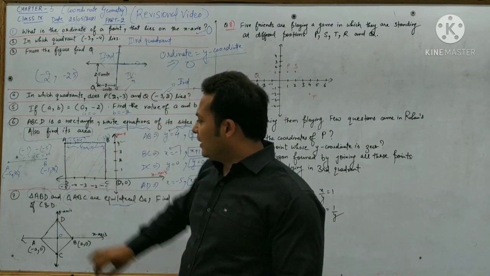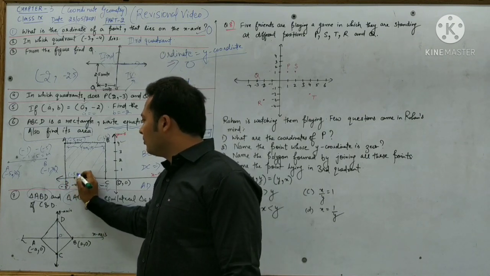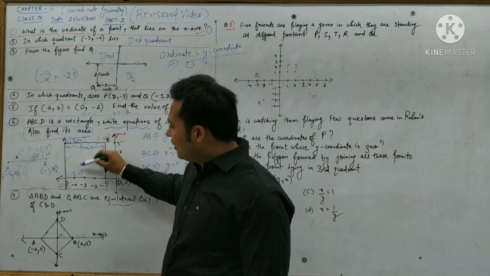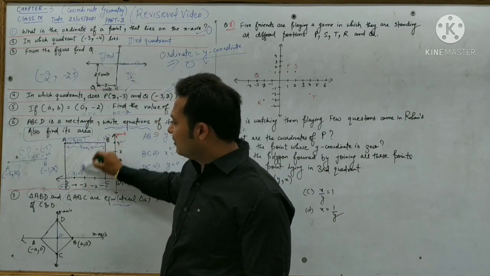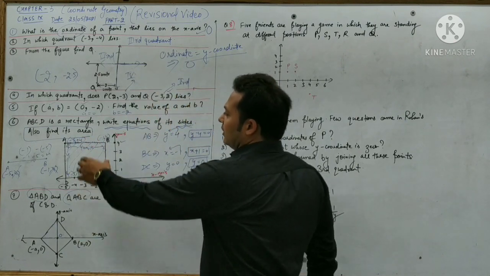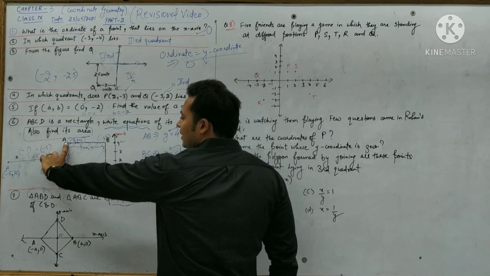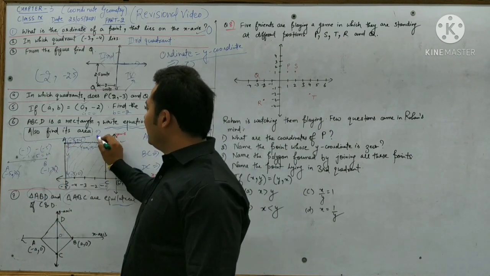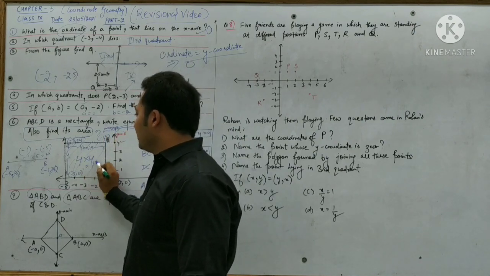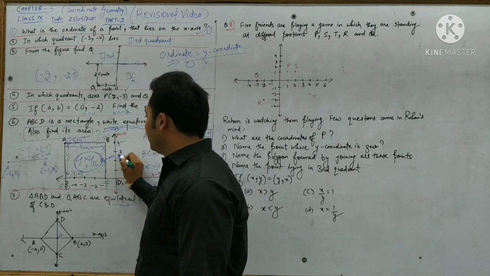Okay, and let us calculate the value of AD. This point will be (-5, 0). Now both abscissas are the same, leave them. 4 and 0 are our ordinates. The distance between 4 and 0 is 4. So this distance, our length, is 4 units. This distance, our breadth, is 4 units. And we are to find its area, length into breadth, that is 4 multiplied by 4, which equals 16 square units.